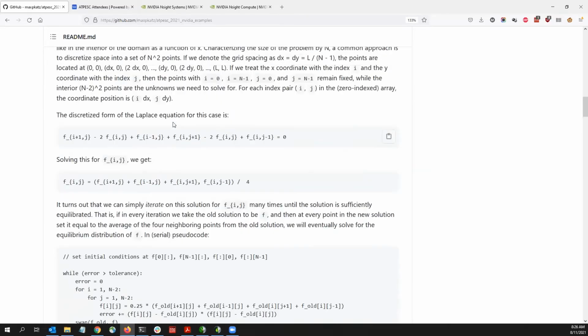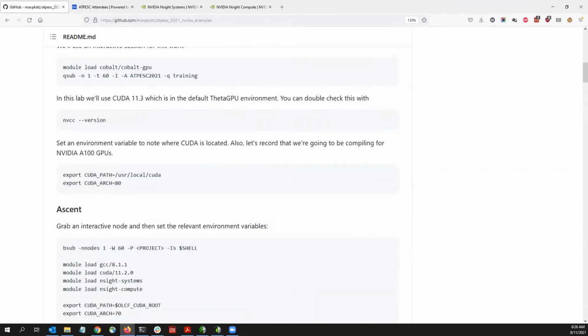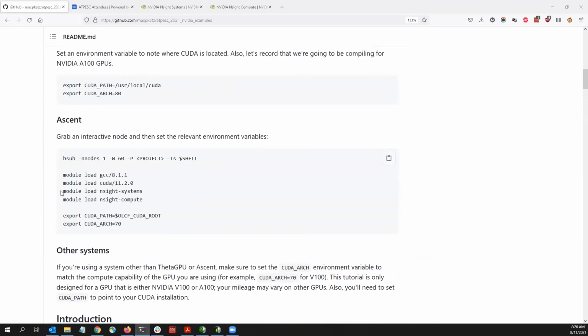I've set up some instructions here for how to do it on Theta GPU. I also have instructions for Ascent if you're using that system. For Cori GPU, I didn't have time to write instructions, but it should be a pretty straightforward port from these directions. One thing I will say, though, is that both Nsight Systems and Nsight Compute are only supported starting from